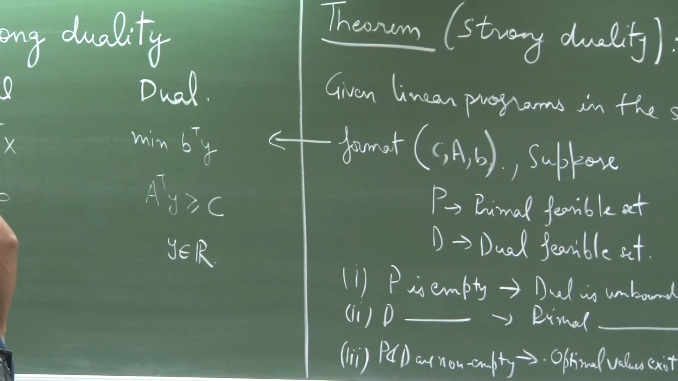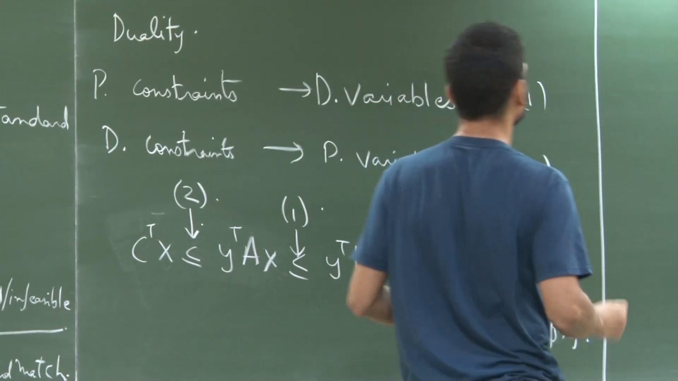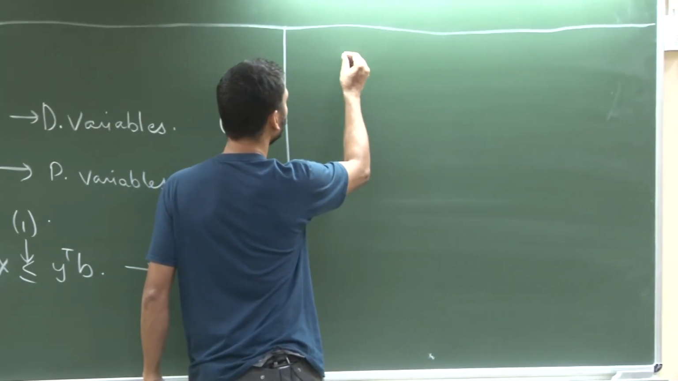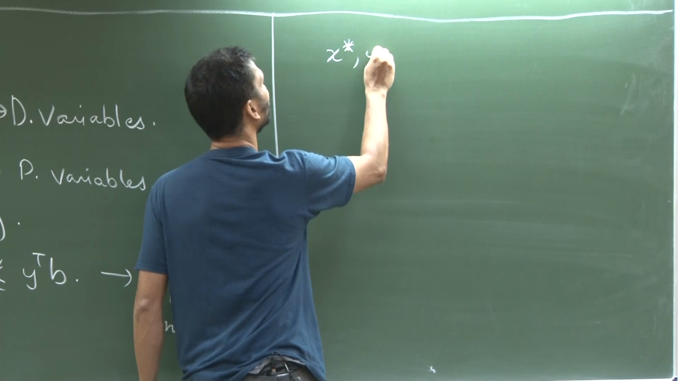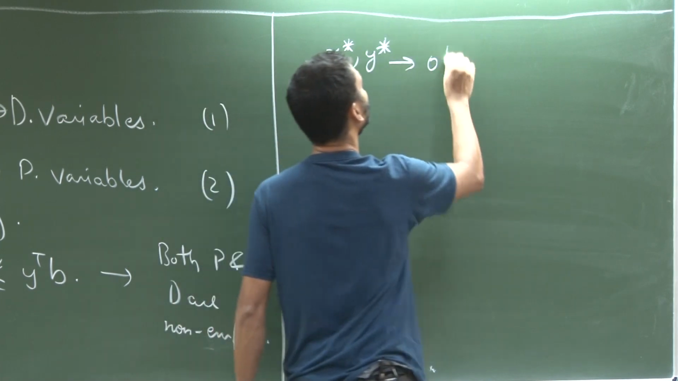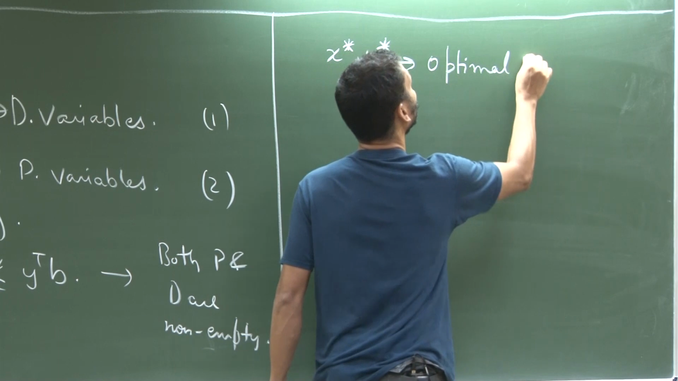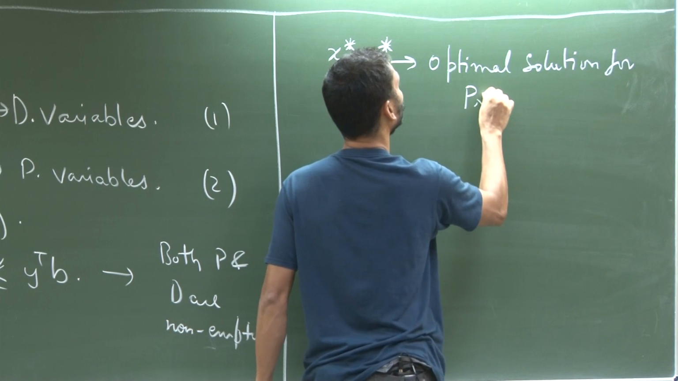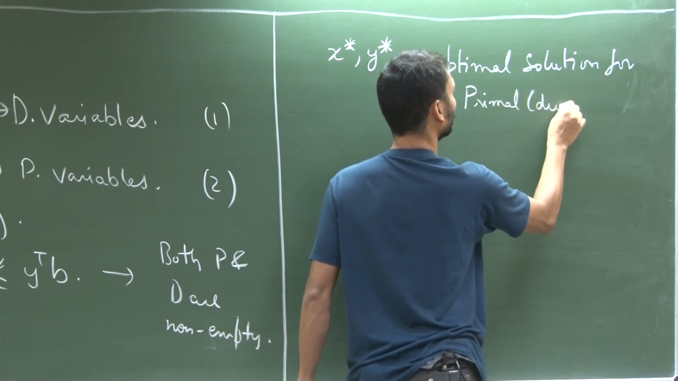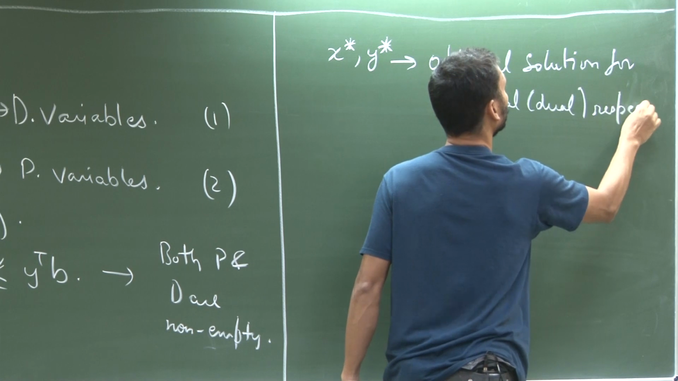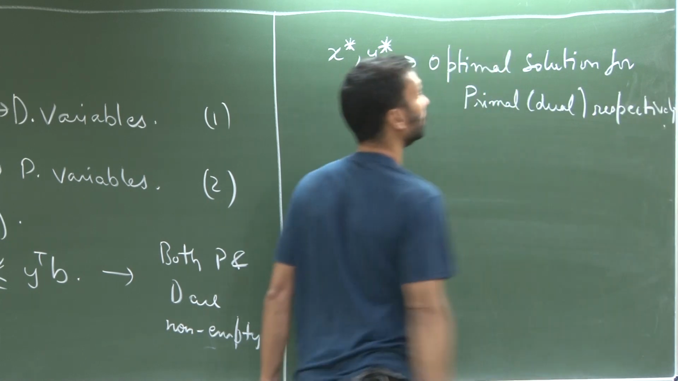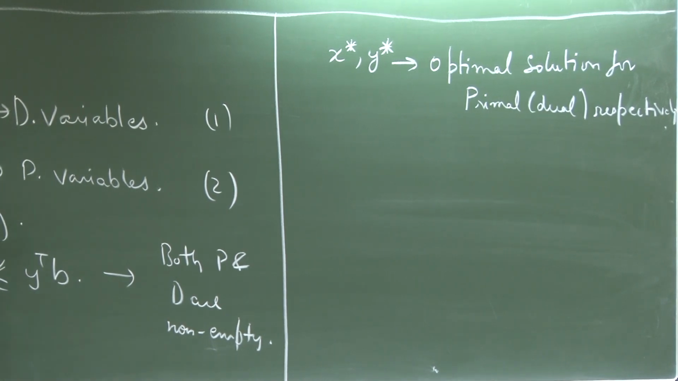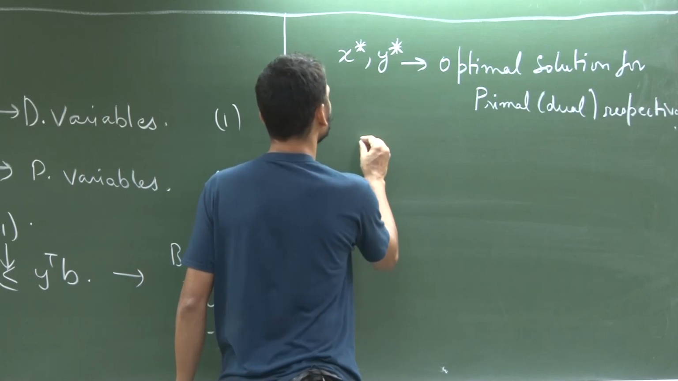Okay, we see the proof first. Let's fix up our notation so that we don't get confused. P and D we already know. Let's say X star and Y star are the optimal solutions for the primal and dual respectively. Correct? Okay. And what we want to show is that